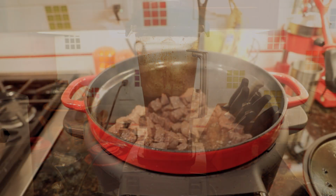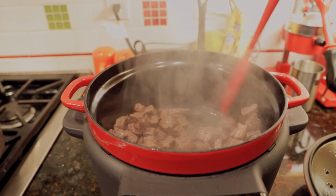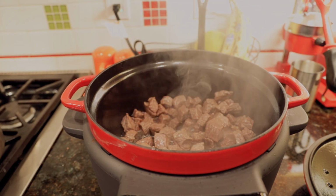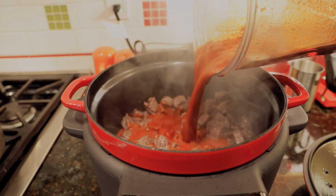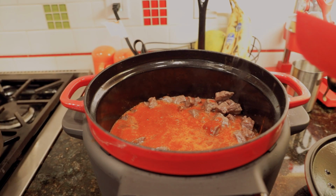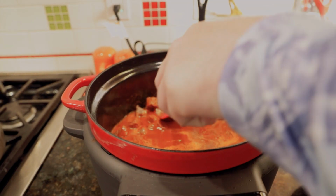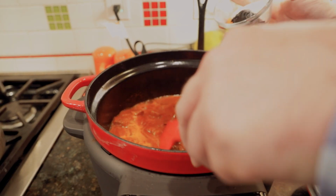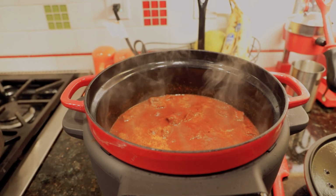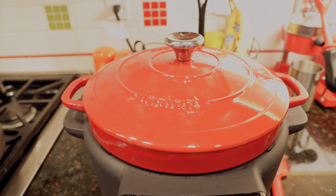About like so. So the end point for this searing step is you want the water to have evaporated out of there, and basically now you're ready to add our chili paste and beef broth mix that we made before. Give that a little bit of a stir, and we'll add our first spice dump. Give that a nice stir, and what we'll do is we'll cover this and put it on slow cook,